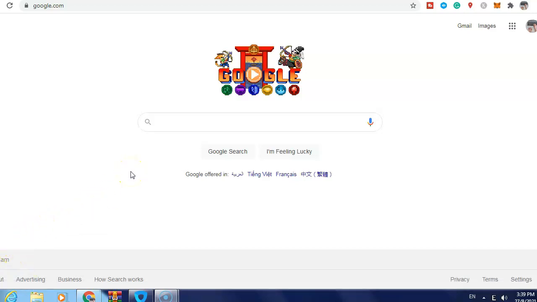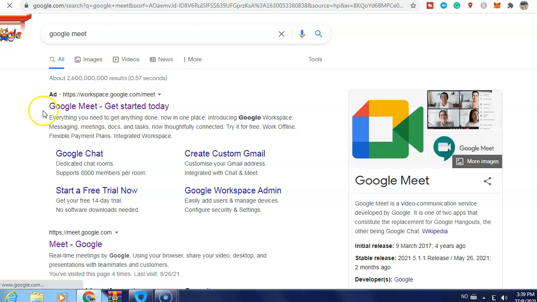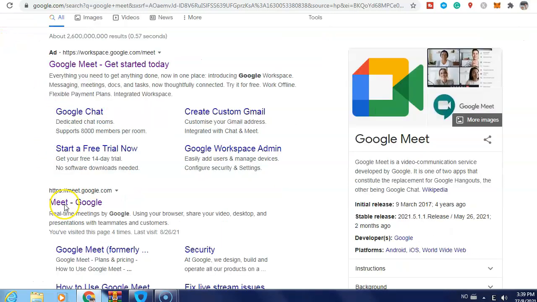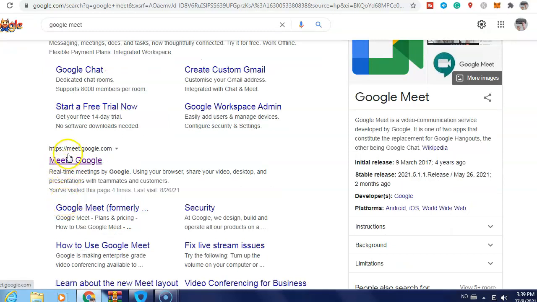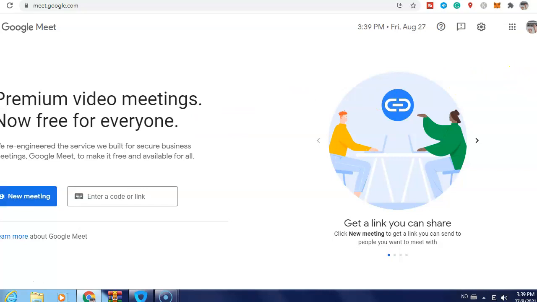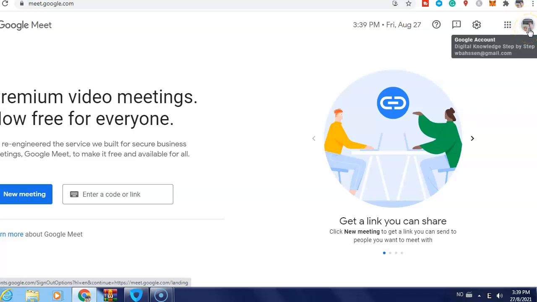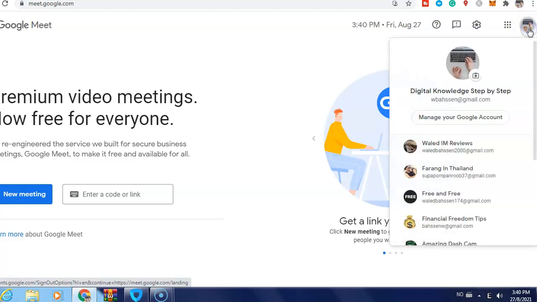What you need to do, first just go to Google and type Google Meet, and here is the first link. No, it's this one, meet.google.com. And then just be sure that you log in your account here, and then just you click on the profile icon,